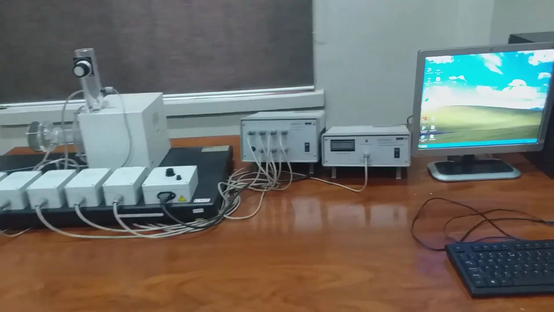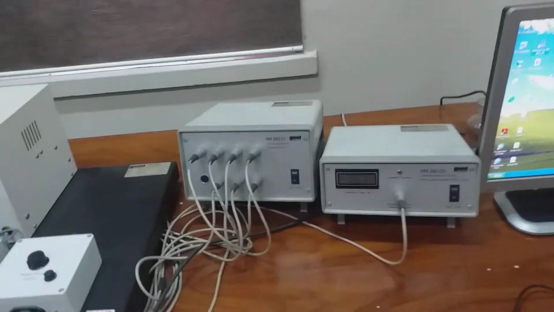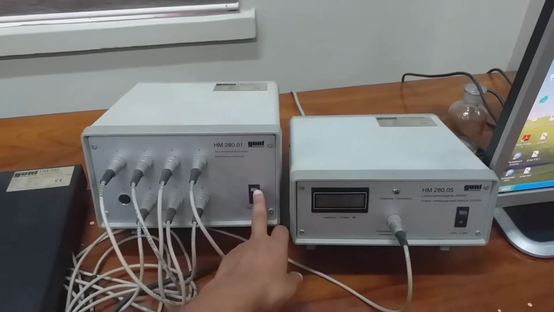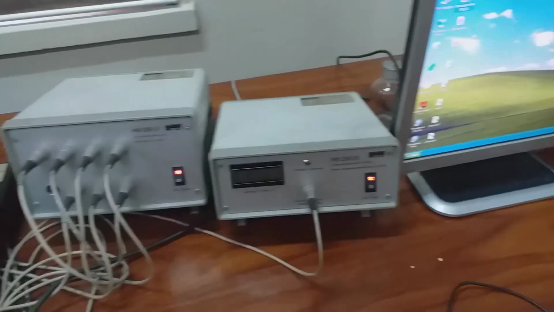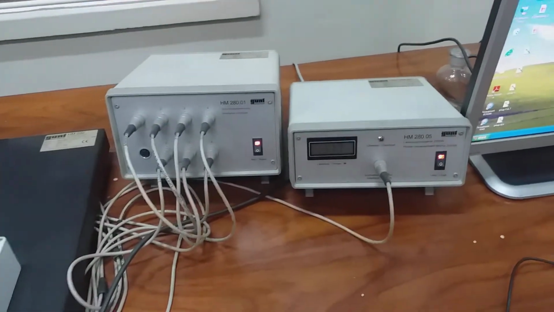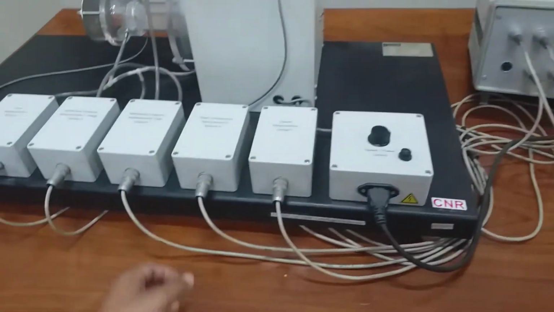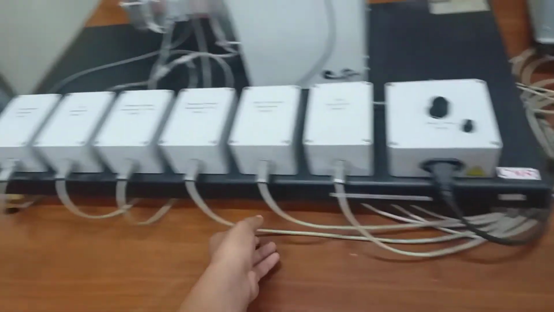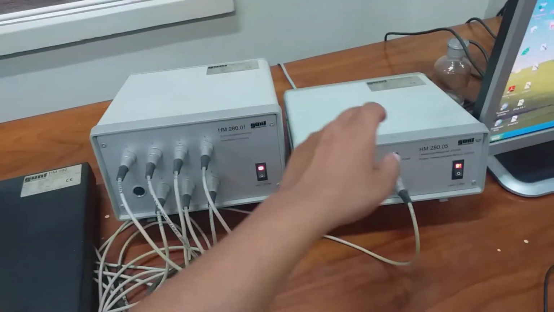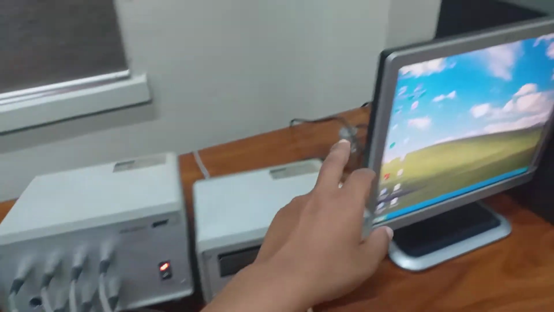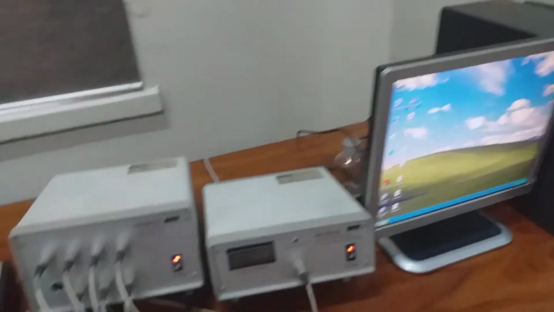First of all, switch on the interface module and active power measurement device. Then make sure all the sensors are connected to the interface module, and this interface module and active power measurement device is connected to the computer.